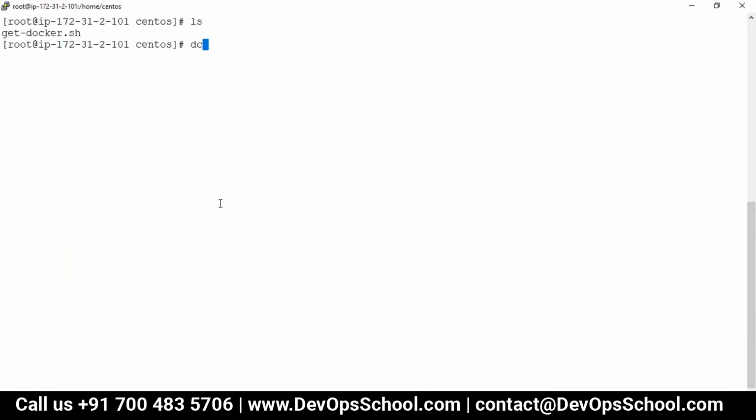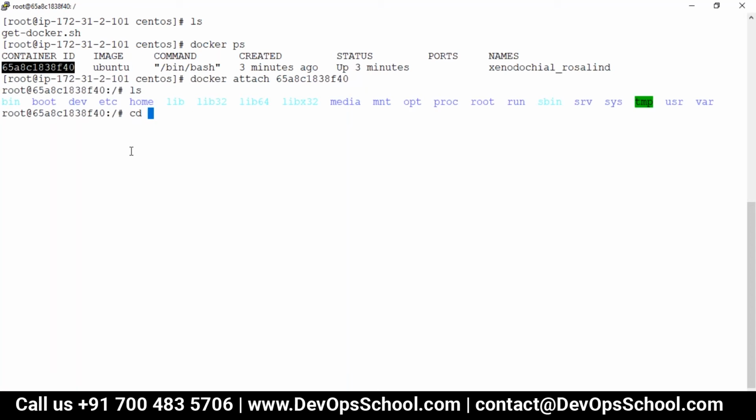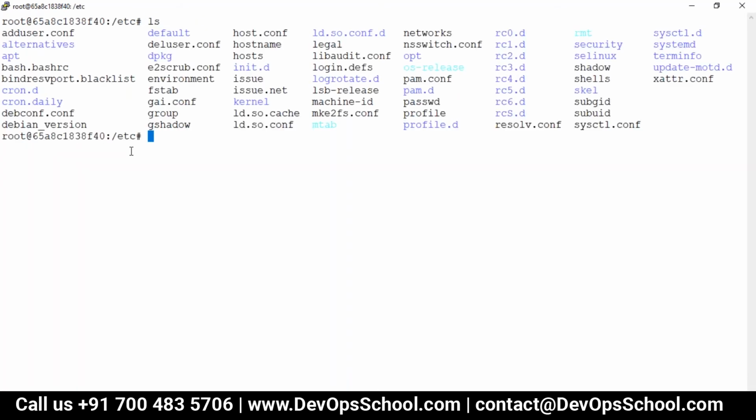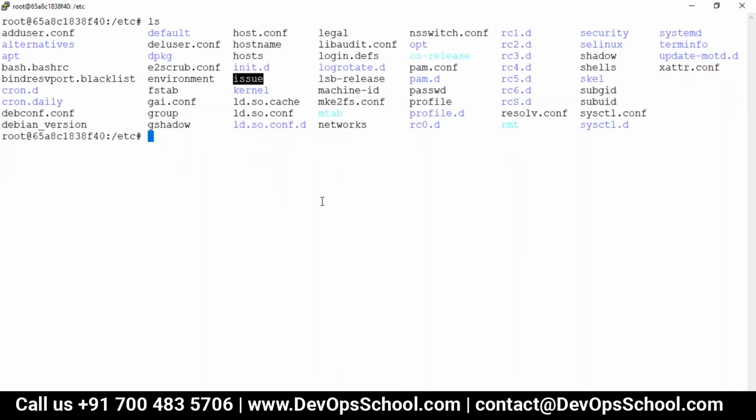There's a container I have right now. This is the container. So with docker, I will go inside the container, attach, because of bin bash, so I can attach also, no problem. Okay, now I'll go to the etc. Under the etc, I'm going to delete this file. So I'm deleting this file. Remember, in opt I have already added one file which is called get docker or something. Okay, so I deleted a file and now I want to change one file. So let's change this file, issue. I want to add some content here. Okay, the existing file is there, I want to change it.